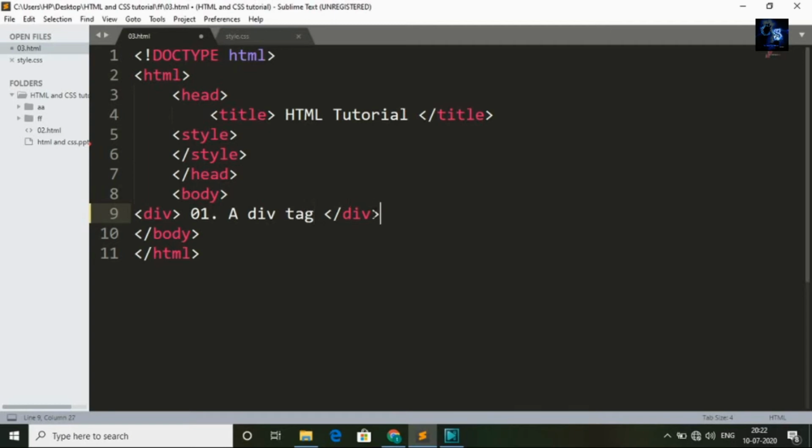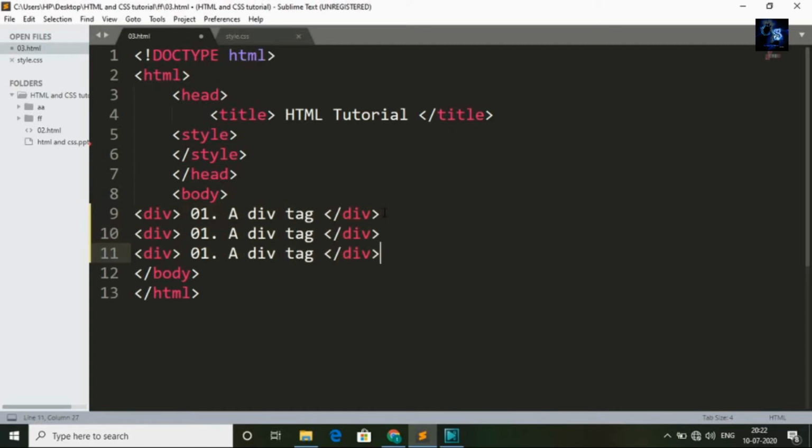Now I will copy this and paste it here. Now I will change this number. Okay. Now I have created a total of 3 div tags. Now I will apply different styles in each div tag. First I will create IDs.